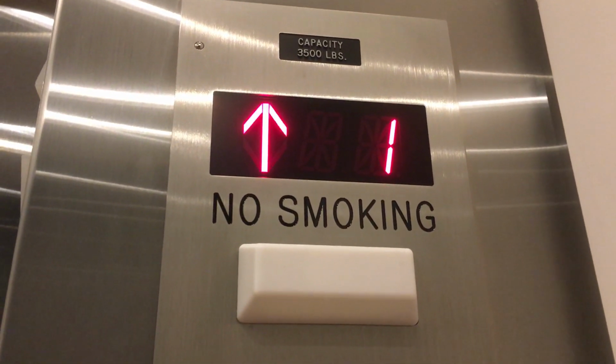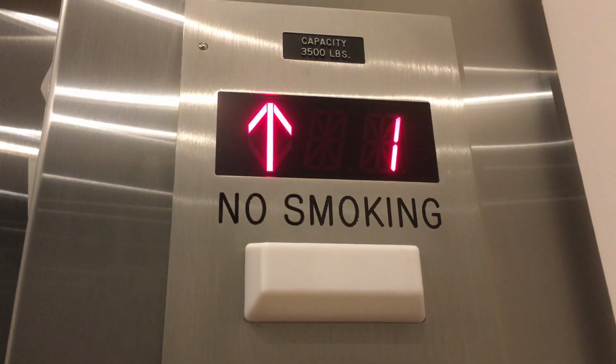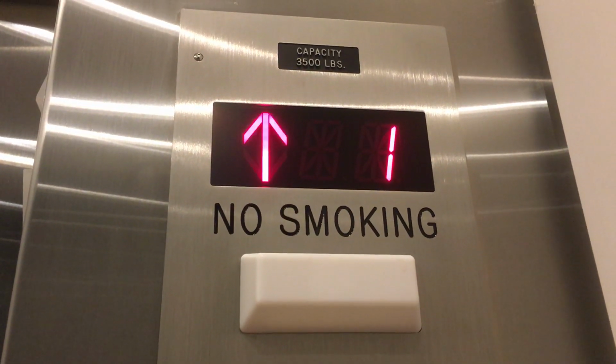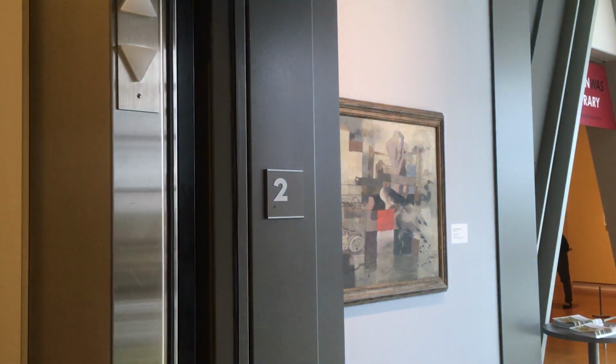There may be another elevator that I missed. Not the first one I found. Here are 2. I should have been silent for that. Oh well. I'll get a more silent recording of that here at 2nd floor. Back down to